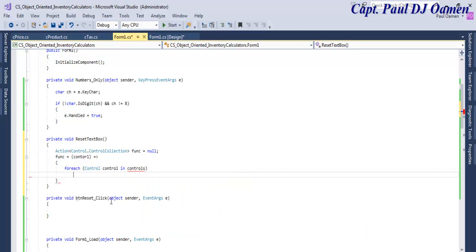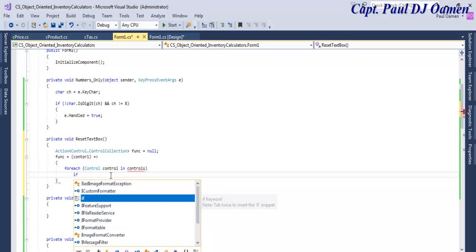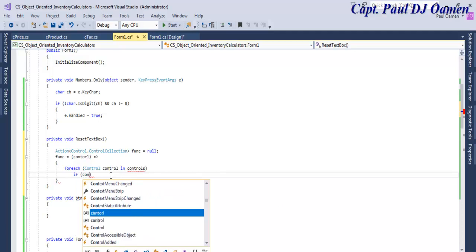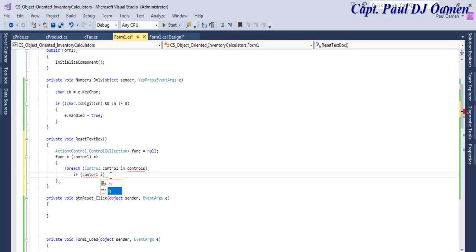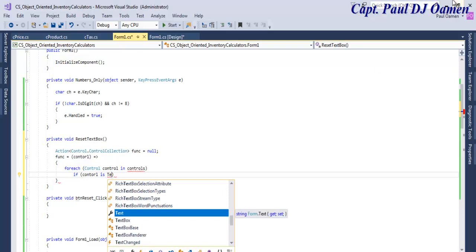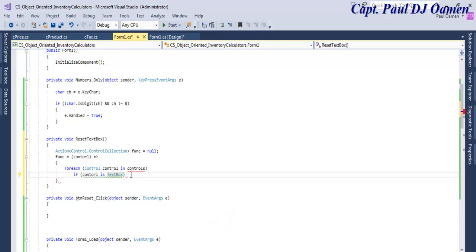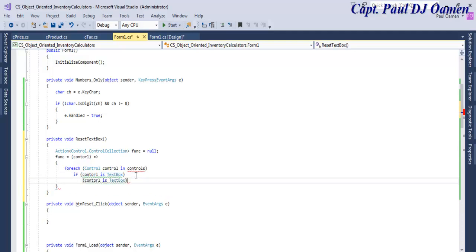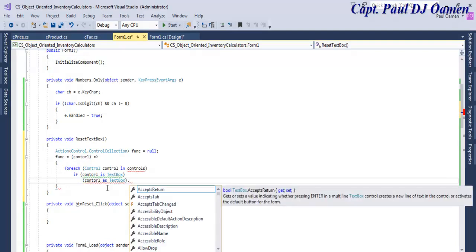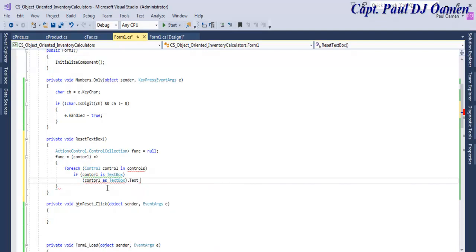This is what I want you to do. If, let's see this, foreach control in controls, yeah, that's correct. Let's say if control is a text box, then let's say control, let me copy that, control as a text box dot text equals, change that to empty, else